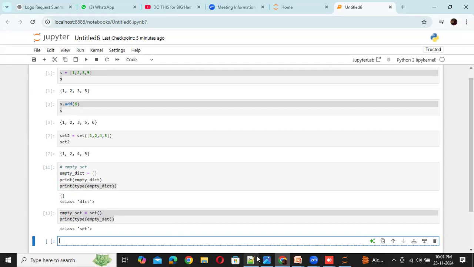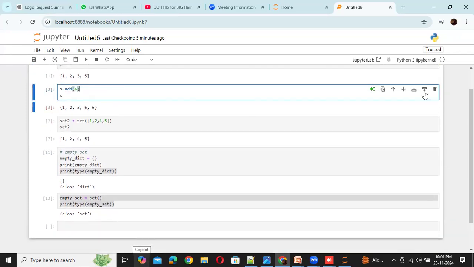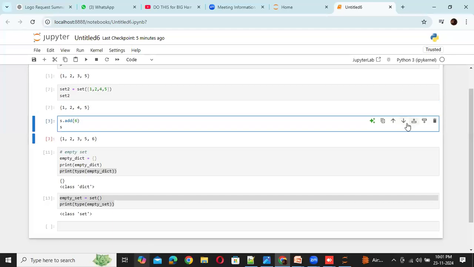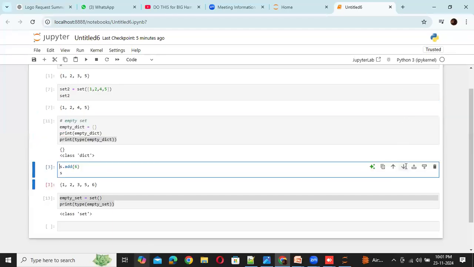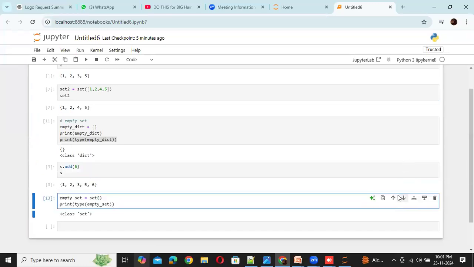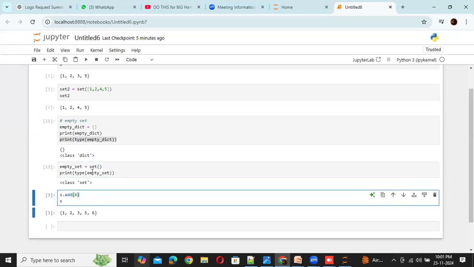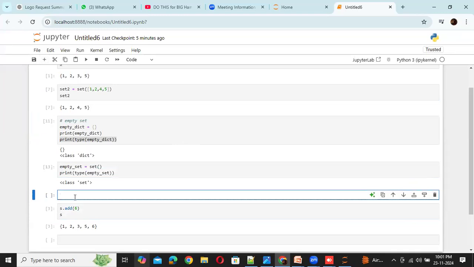Okay. So adding and removing elements, that's what we have seen, right? You can use the add function. I will just move this down so that we make it a separate topic. Not the empty set, sorry. Where is the add? Yeah, add is here. So I'm going to add a new cell here: adding and removing elements from a set.